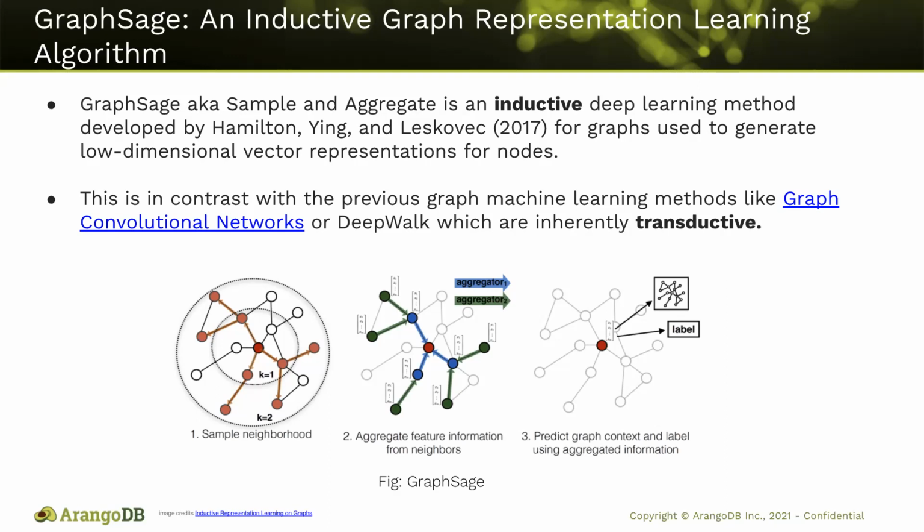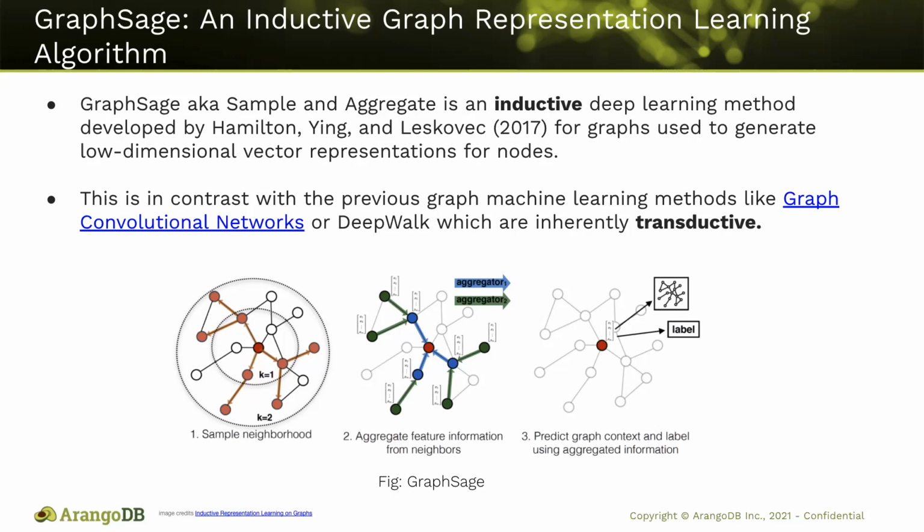And this method is developed by Hamilton, Ying, and Leskovec for graphs, used to generate low-dimensional vector representations for nodes. This is in contrast with previous graph machine learning methods like graph convolutional networks or DeepWalk, which are inherently transductive. Transductive means that they can only generate embeddings for the nodes present in the fixed graph during training. So if in future the graph evolves and new nodes take their place in the graph,